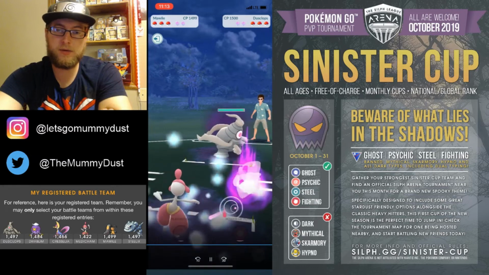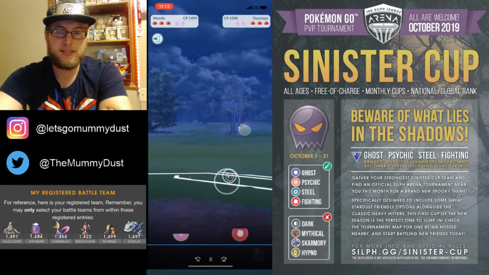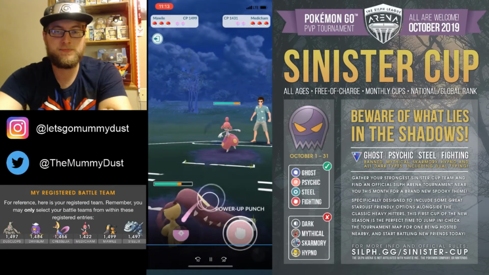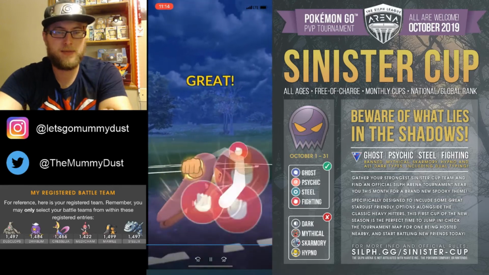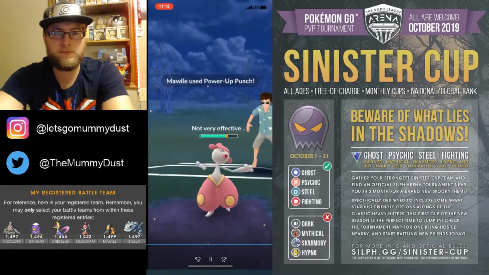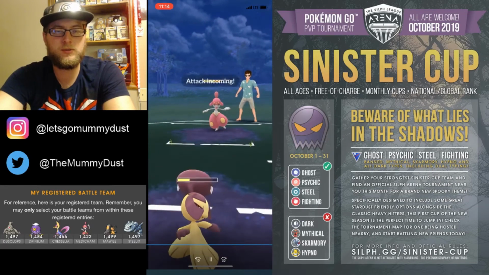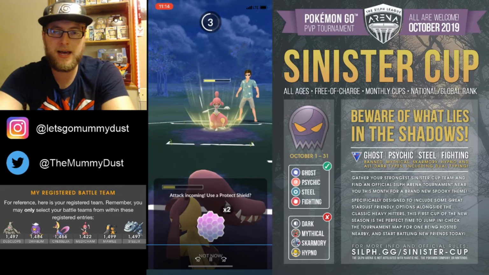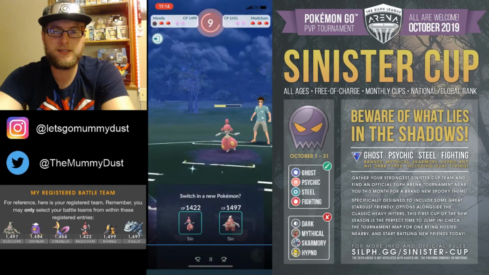So here we go. Dusclops, bad situation for me. I'm going to switch into Mawile. Like I said, it could lose, but we're going to go ahead and just do what we can to the Metachan. With the Mawile, I probably could have gone up to the Play Rough and tried to hit that and burn a shield. Might have been a better situation than doing what I did,